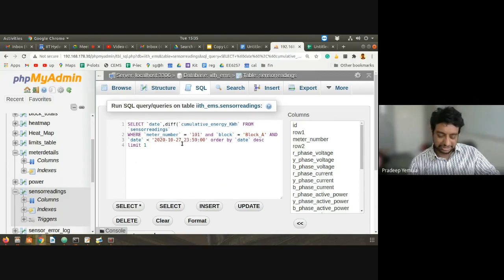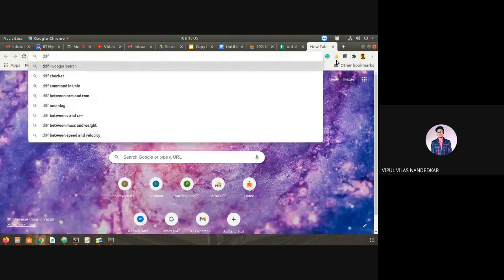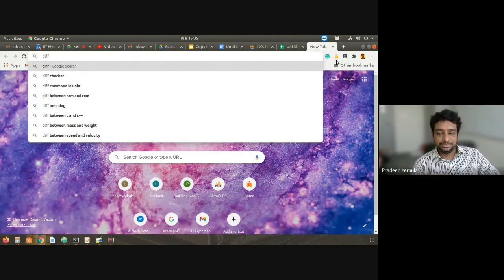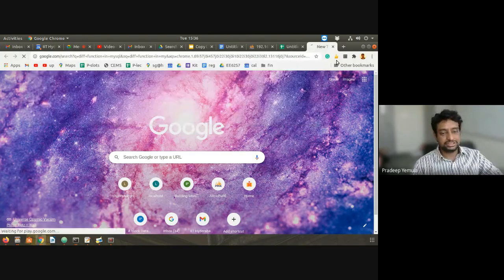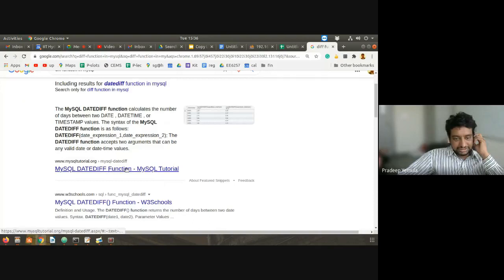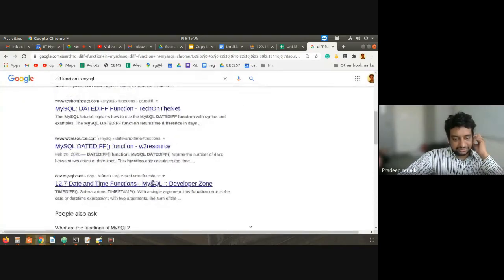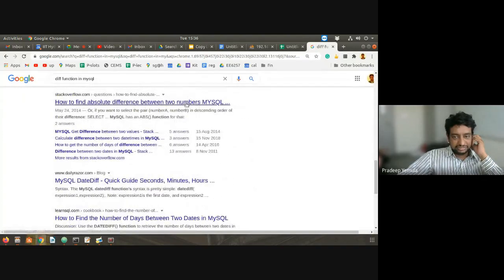Okay, let me see. I'm also not that much of an expert in all these things. So let's see the syntax. I'm doing this because those who don't know MySQL can actually learn these things in MySQL. So instead, I want to just find the difference. Okay, DATEDIFF is there. Okay, diff. I think the diff function is only for